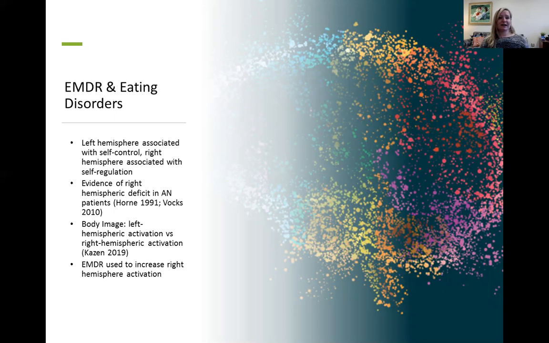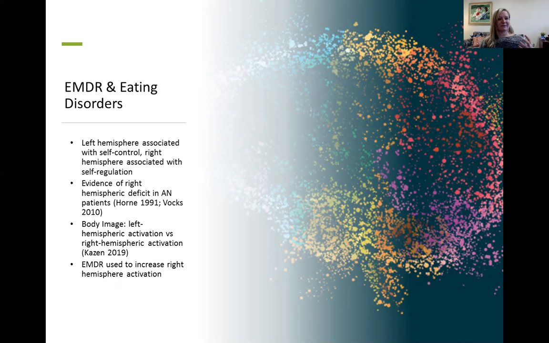This is just an example of that. The study that I found by Kazan shows that the left hemisphere is associated with self-control. And remember, that's the logic side, whereas the right hemisphere is associated with self-regulation. So self-control is, I have one goal, I have to pursue it at all costs, no matter what. With eating disorders, that's often weight loss or controlling food, whereas self-regulation is more, I have a goal, but it's more democratic. Maybe I want to get an A in school, but I also want to spend time with friends, and I also need to nourish my body. And so it's pursuing a goal, but not forgetting about all the other goals.